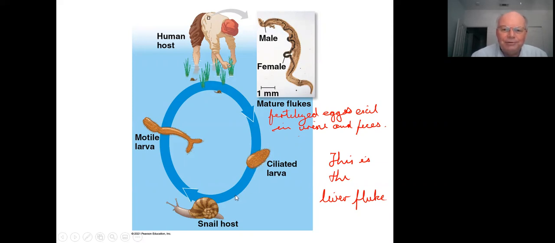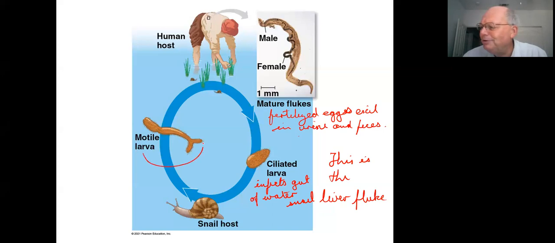This ciliated larval stage then infects the gut of the snail. And inside the gut of the snail, it develops into this motile larva that exits